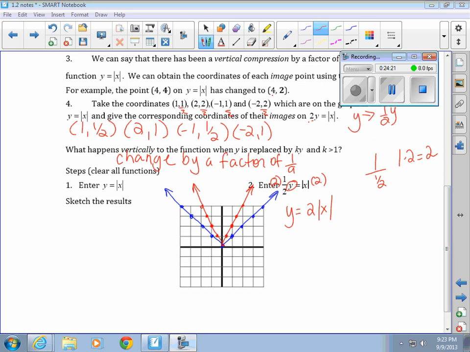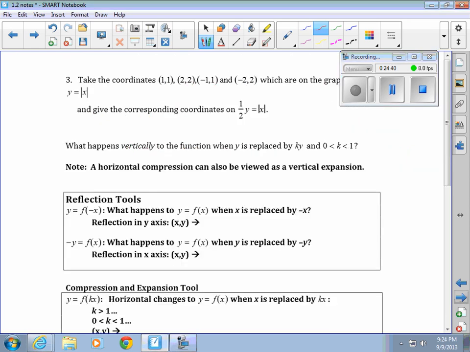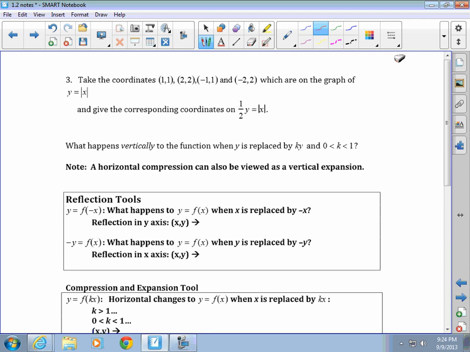Okay, so we have the graph for our y is equal to 2 absolute value of x, and as you can see, it's squished it up a little bit. That 2 has affected where we're putting the y values on there. So if we take the coordinates 1, 1, 2, 2, negative 1, 1, negative 2, 2, which are on that graph, and correspond them for the actual graph there of 1/2 y,